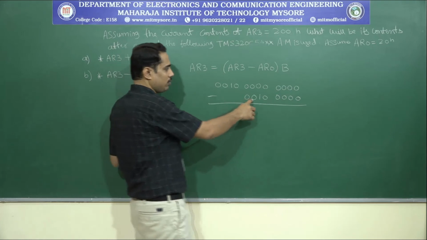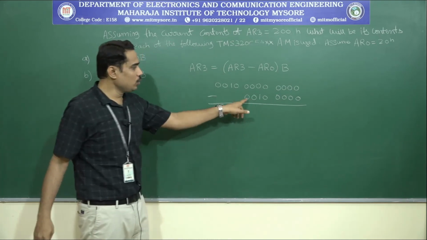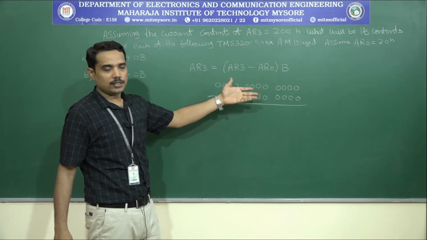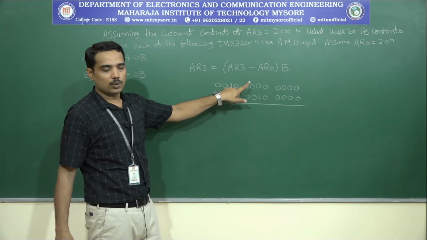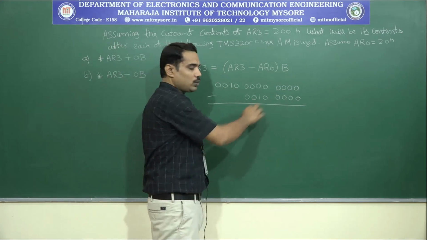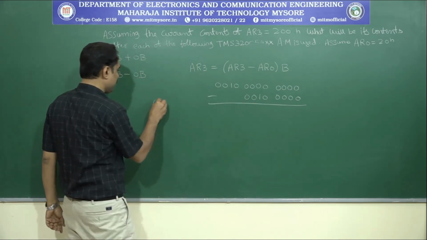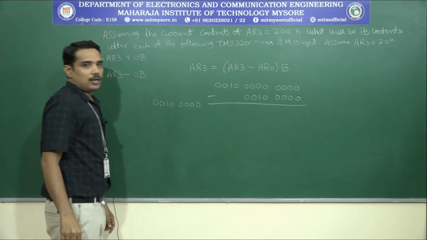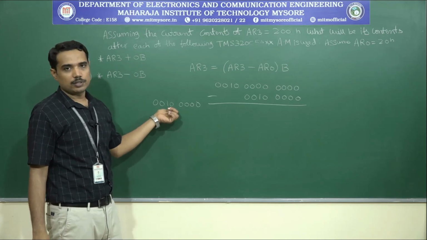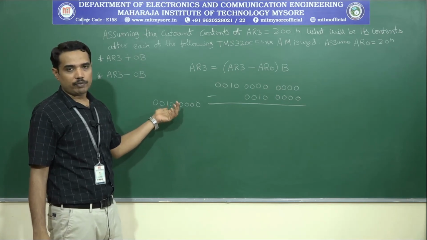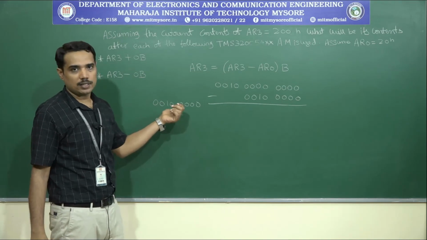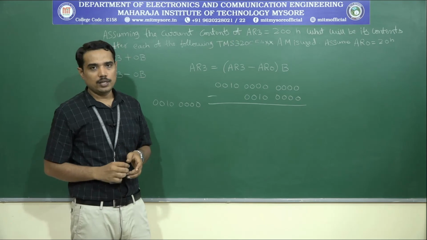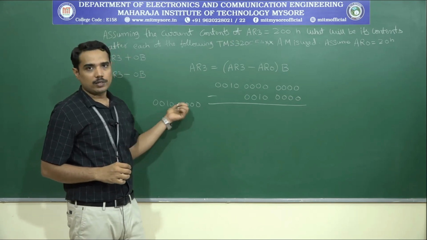So, this is the minuend. We need to take the 2's complement of this value first, and then we can proceed with the addition with respect to this 200. Here, we are supposed to take the 2's complement of 20H, that is 0, 0, 1, 0, 0, 0, 0. How to take 2's complement? There is one alternative method. Apart from the conventional method, which says first take the 1's complement and then add 1 to it, I am going to give an alternative solution.